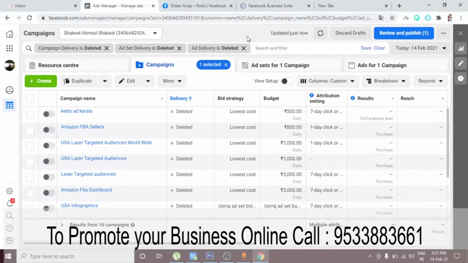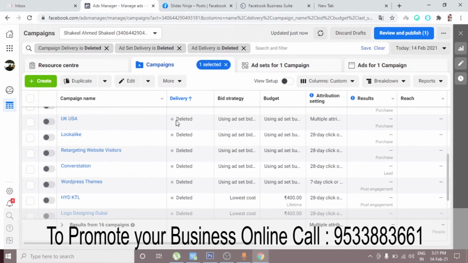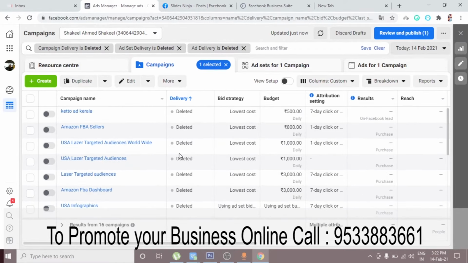Now after selecting these three filters, all your deleted campaigns, ad sets and ads are pulled up by these filters. As you can see, one of my deleted campaigns is pulled here. So here is a little hack. Now you are able to recover your deleted campaigns, or you can easily look into them and implement them in your other campaigns. So let's select one of my campaigns and I will show you how to recover it.